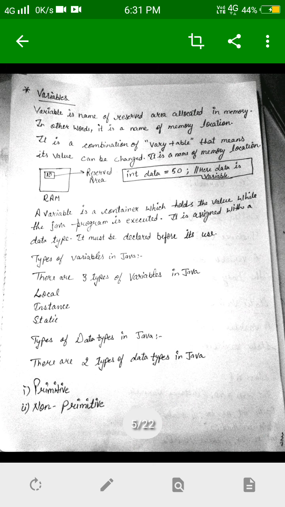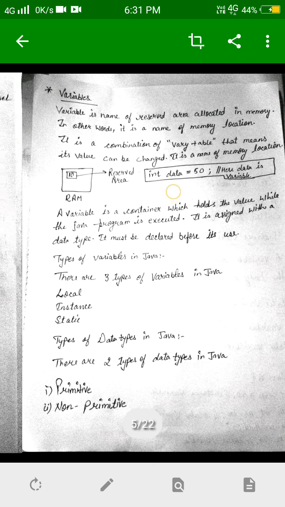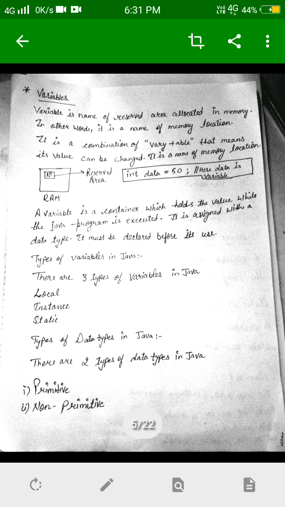Here you can see the example: int data is equals to 50. What does it mean? Int is a data type. It tells us what kind of value it is. 50 is an integer value. Now, int data, what is data?